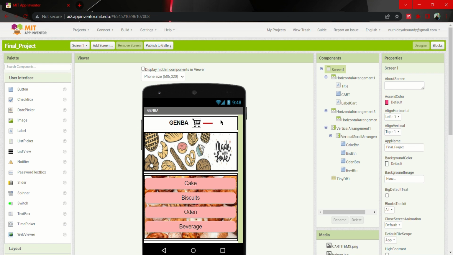The first horizontal arrangement we put there is a title called GENBA, and there is a card button, and beside that is the label, which will show the user how many items are in their cart after they select any items. Okay, next we go to